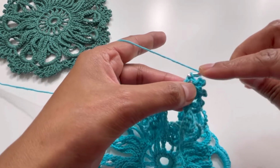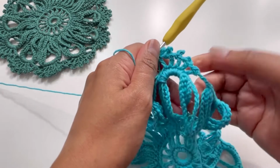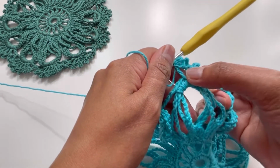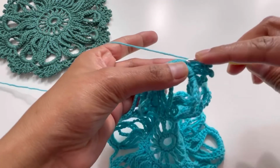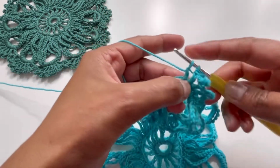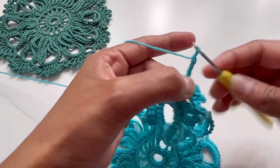Go to this double crochet, grab your yarn and have a picot here. So here it is. We have our 1, 2, 3 and 4 double crochets. We're going to have another 2 double crochets with picot. So here it is. That's our 5th double crochet. Chain 3 and make a picot here